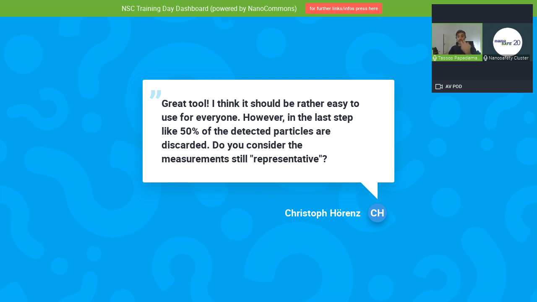Taking into account that if you have, let's say, an image like that, where you expect the sizes to be more uniform, then getting, let's say, 50% of the materials will give you a good estimate of the image. Of course, you can always play with the parameters to go into more depth and more detail in terms of the algorithm that you use to maximize the amount of nanomaterials that you can identify and measure. But in general, yes, we consider it to be a pretty good statistical representation of what has been identified.